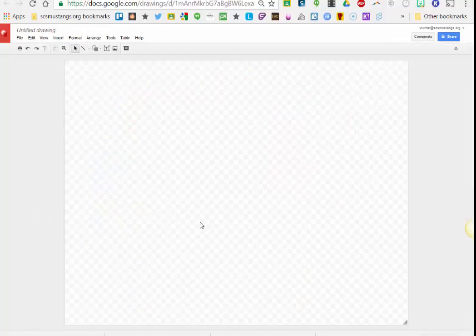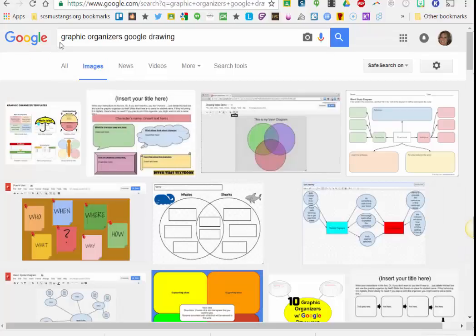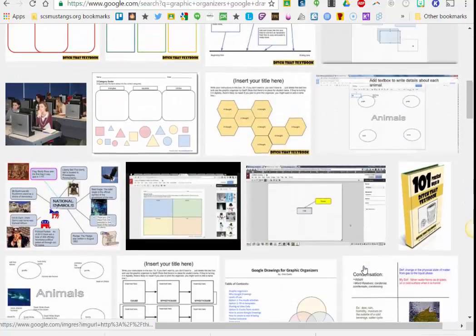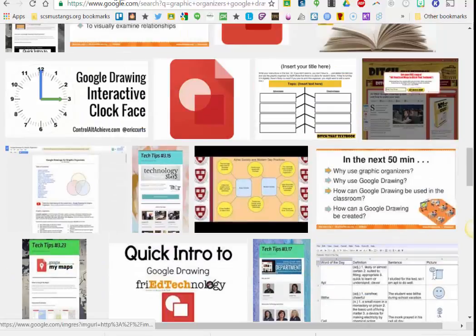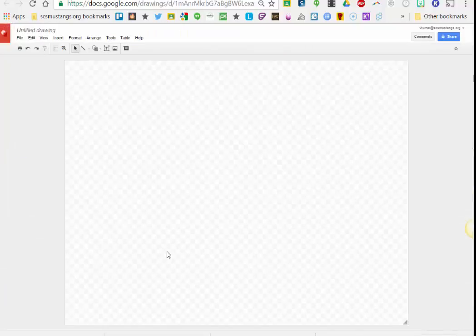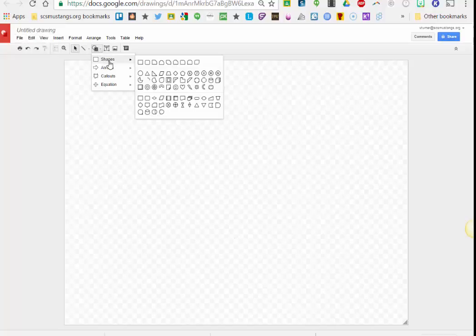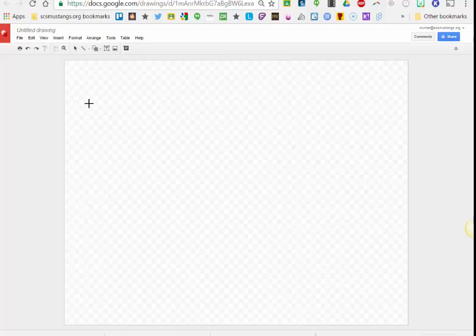So there are many, many things that you can do with graphic organizers, and you can use Google Drawing for that. If I just Google graphic organizers Google Drawing, you'll see a lot of different examples, and you might get some good ideas there. So one area that probably a lot of people would use would be Venn diagrams. So I'm going to go ahead and create a Venn diagram in this Google Drawing. First thing I'm going to do is look for my shapes, and I'm going to get a circle shape,